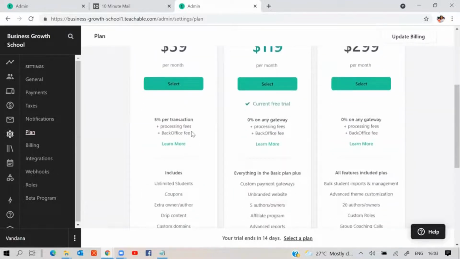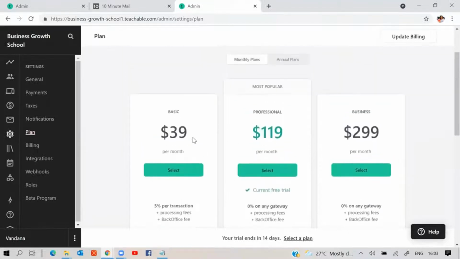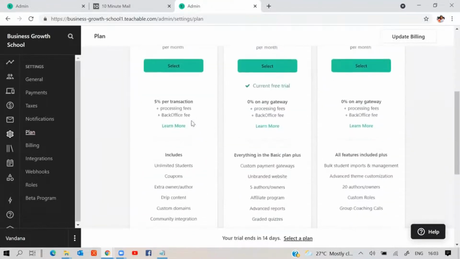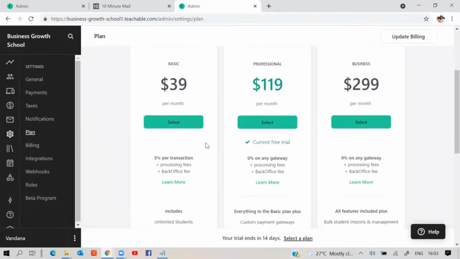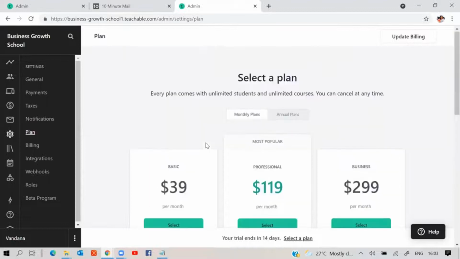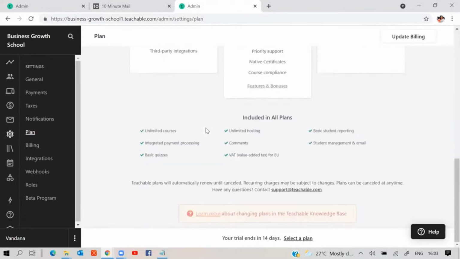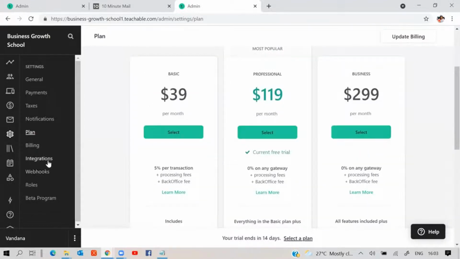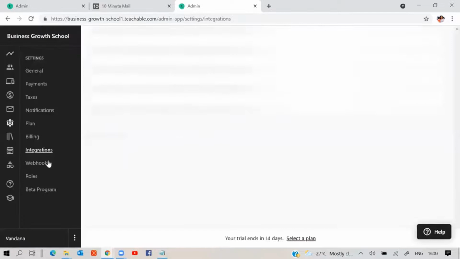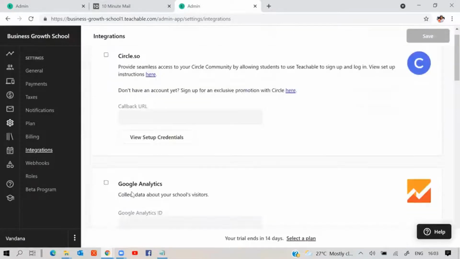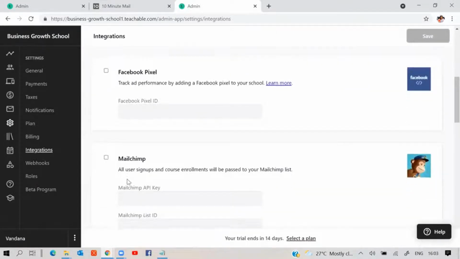Now most people will not share this with you because they have their affiliate commissions, right? So now it is okay to spend $39 a month because there is no refund that is going to happen here. So you lose that money if you are not working on your product. So billing, and then there are some third-party integrations. We're talking about Zapier integration, InstaMojo integration, Google Analytics. These are new things they have added. It was not there before.